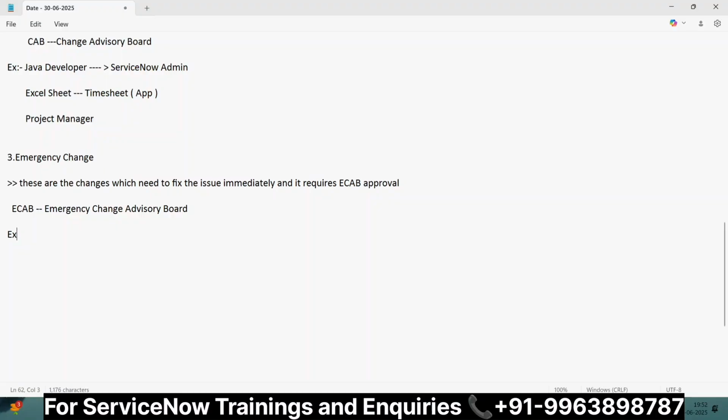For example, if you have the stand-up meeting regularly by 10 a.m. or every employee logs in by 10 a.m. Suppose, just for an example purpose, you don't have access to your application called ServiceNow instance, for all the employees, not only you,